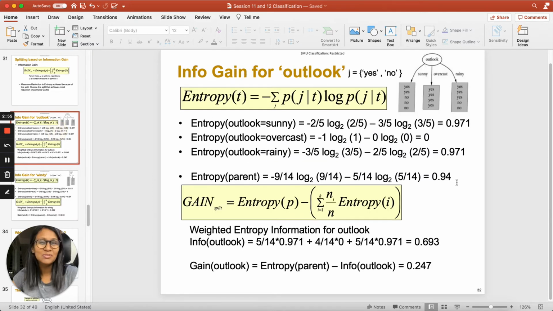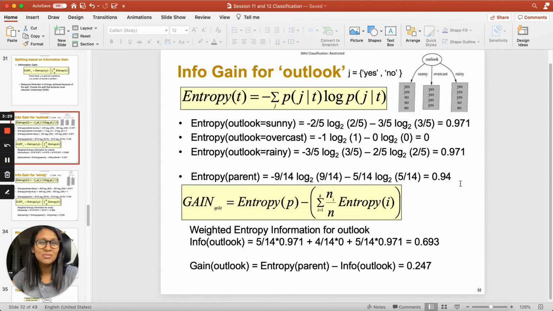So let's look at an example. In this example, we are looking at the table that we had seen before with 14 observations, and the class that we were trying to separate is yes or no, so whether we can go out to play or not. Right now, we want to try out the 4 attributes one by one in the root node, calculate the information gain for each attribute, and then finally choose which attribute should be the root node.